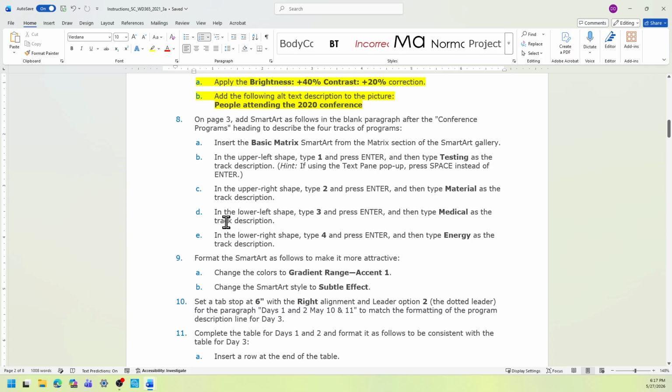This time on page 3, add smart art as follows in the blank paragraph after the conference programs heading to describe the four tracks of programs. We're going to insert the basic matrix smart art from the matrix section of the smart art gallery. So let's do that first. Okay. Back to the